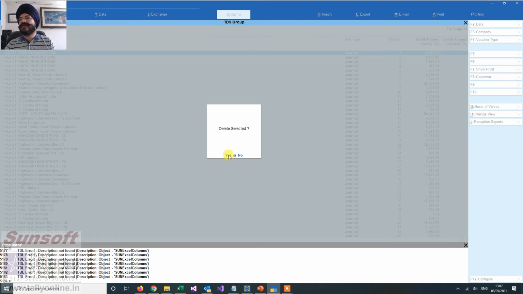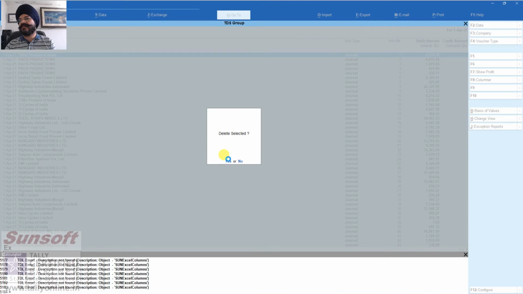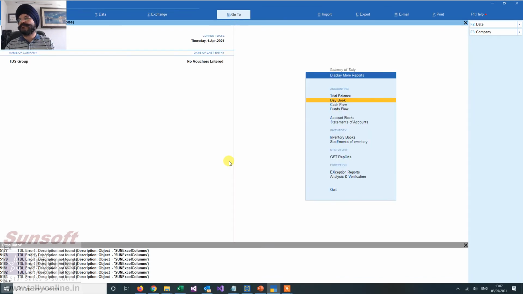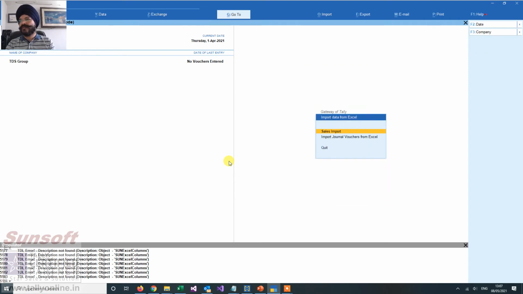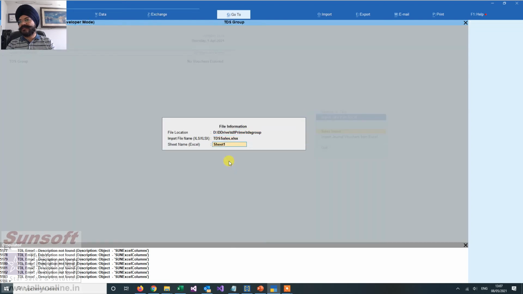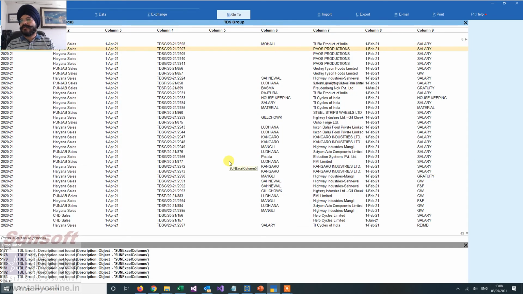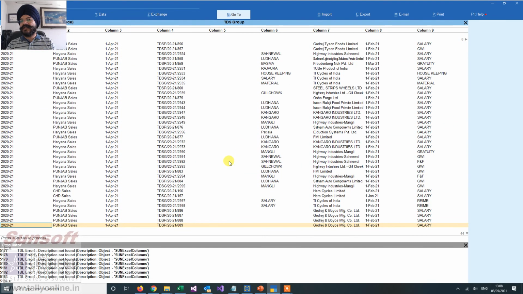So this is not a normal Excel sales import, which is importing only the sales voucher with some details. So there are complex scenarios going on. So let us see how this import is happening. I go to sale import and I've selected my file. So my information has come. Now when I import this file,